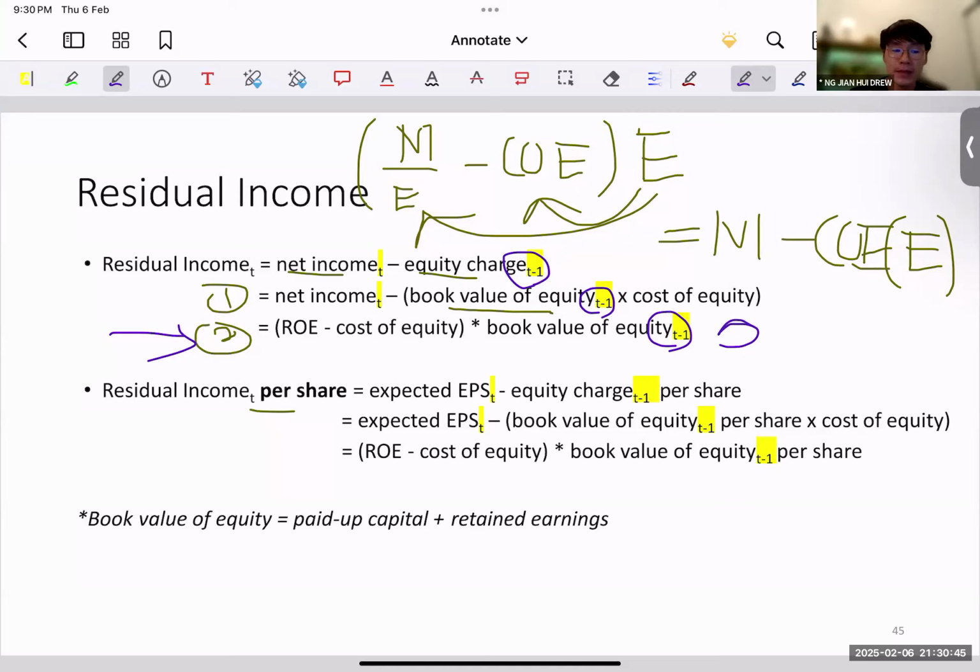So in case you're given the per share method, it is the same thing. The names are different. It's not net income; they'll tell you earnings per share, right? Everything is per share. So just read the question carefully. What are they giving you? Whether it's on a per share basis or just residual income that is not per share. It's just residual income.